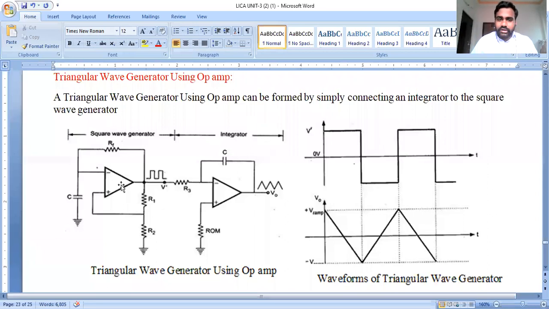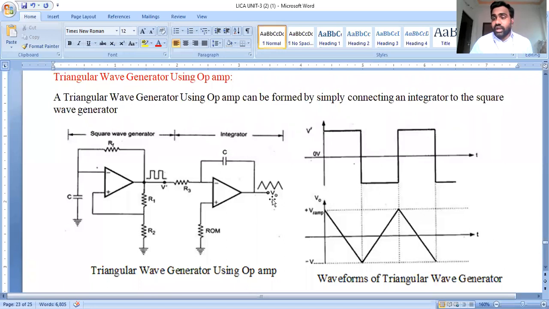In this circuit configuration of a triangular wave generator, we simply connect a square wave generator and an integrator. We are involving an integrator here. For the square wave generator, we can use a high operating voltage or high frequency square wave source: an inverting Schmitt trigger, a non-inverting Schmitt trigger, or a multivibrator, an astable multivibrator or a monostable multivibrator. Whatever it may be, these are all square wave generators. Someone posted in the chat box that the zero crossing detector is also a square wave generator.